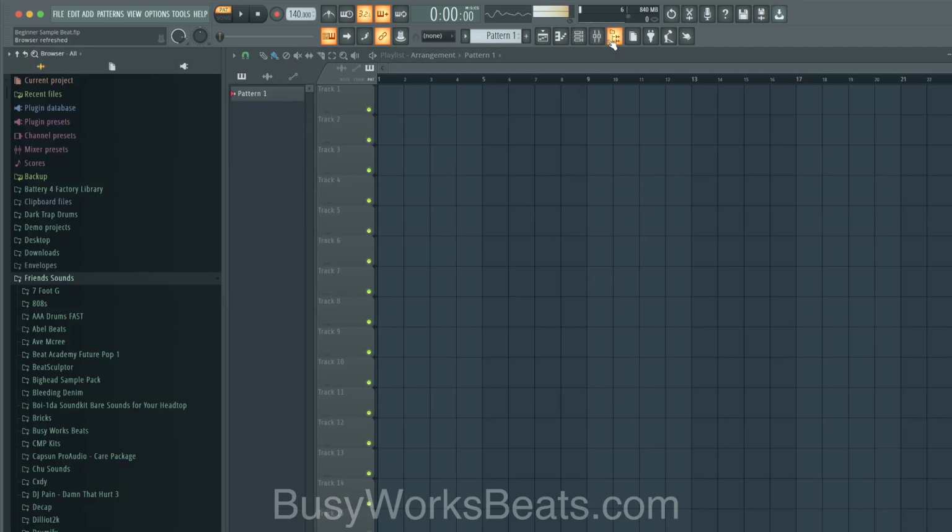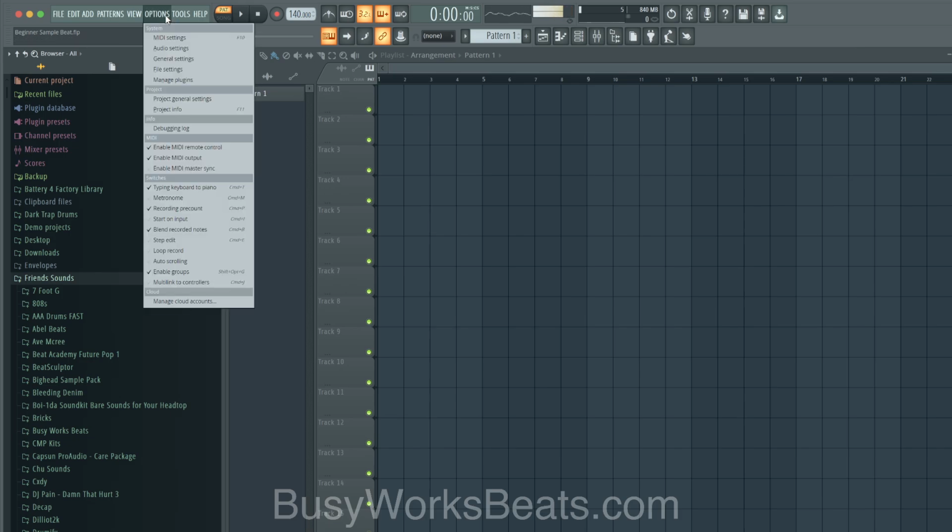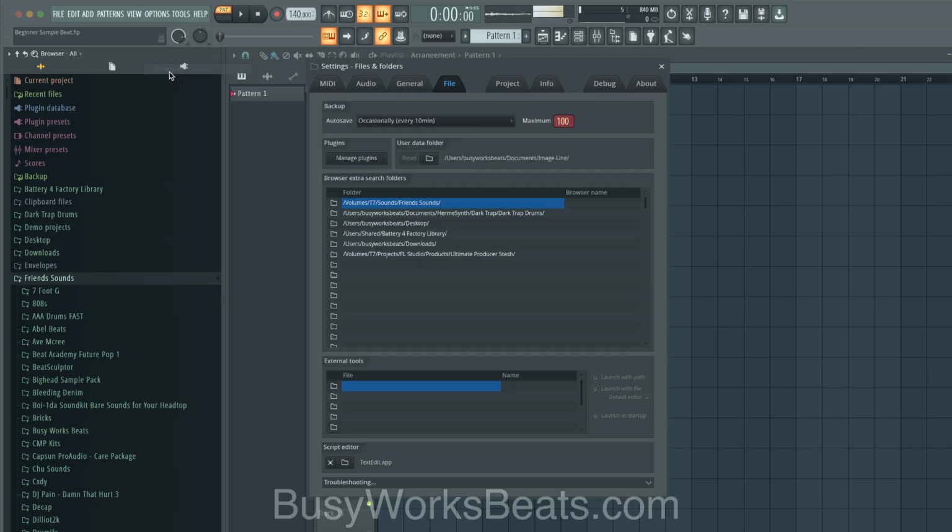All right. So the first button we're going to click is the browser button because we need to find our sounds. Now, the question is, how do you get sounds into FL Studio? That's probably your next question. We're going to go to options, and I think it's file settings. And then here we have to import a folder. So wherever your sounds are, I recommend you just have one big folder of all your sounds. Don't spread them apart and keep it complicated. Put all your sounds in one folder unless you have to separate them.